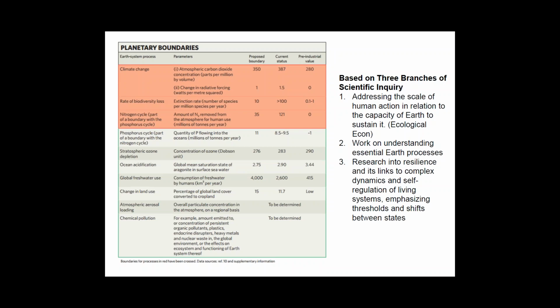So, the phosphorus cycle. Again, like nitrogen, phosphorus is an agricultural product. It's mined from the earth, and it's put onto crops to replace nutrients that are lost when crops are harvested. And it also has the problem that it ends up in our oceans.